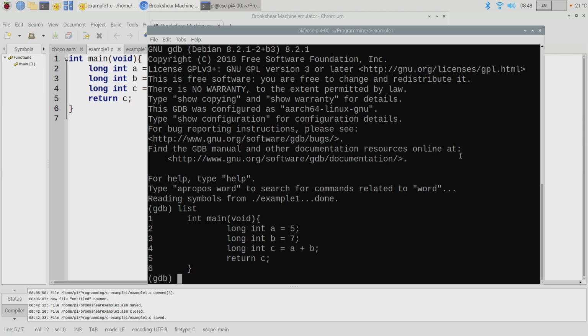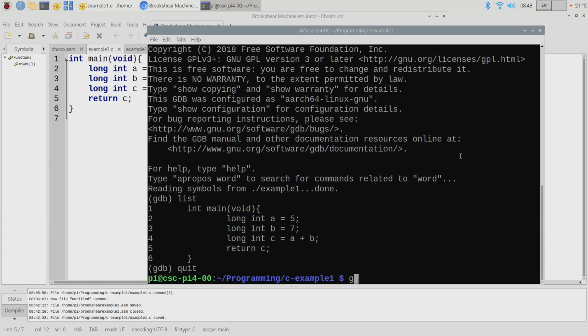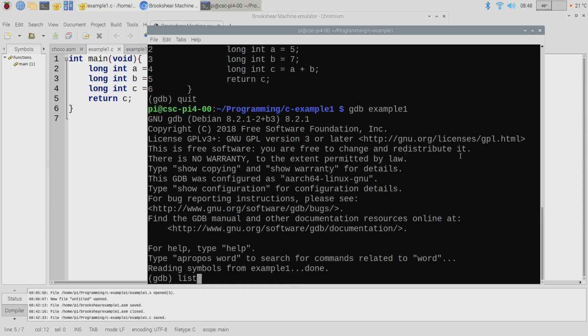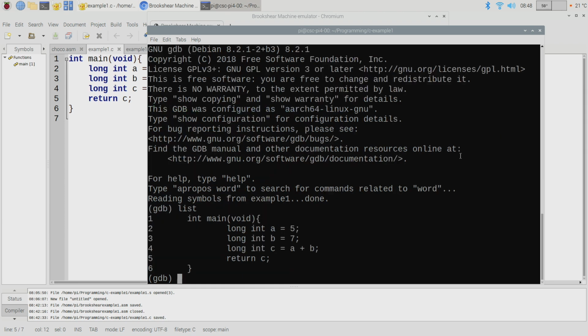I'm sorry, guys. Hang on one second. Let me quit this. I wanted, because this is listing the C, not the assembly.